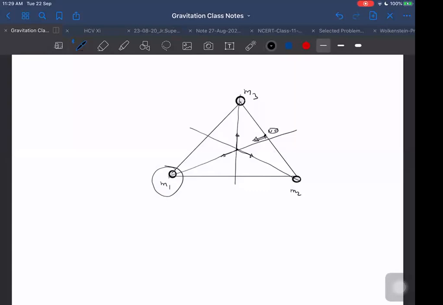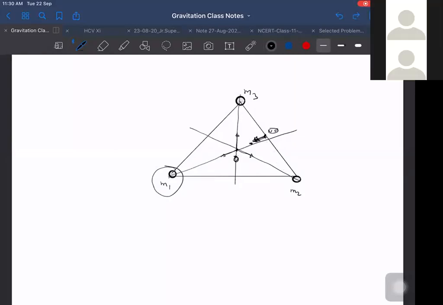But if it is not a null point, and here the field is in this direction, and here the field is 0, here the field is in this direction and here the field is 0, in between there may be some point where the field due to these two, which is in this direction, and the field due to this, which is in this direction, are equal. These may cancel each other. Now you may think like this. You may think that that is happening only in this place and there will be one such place only.